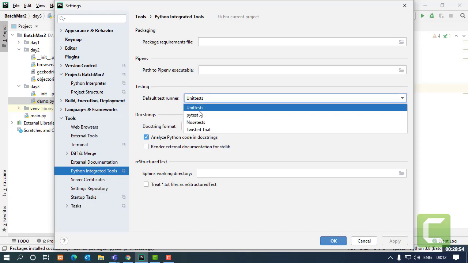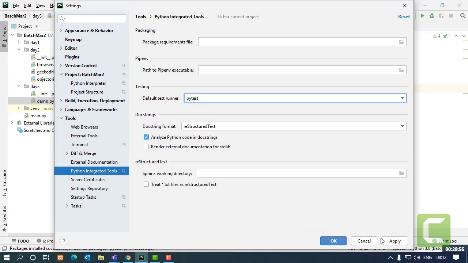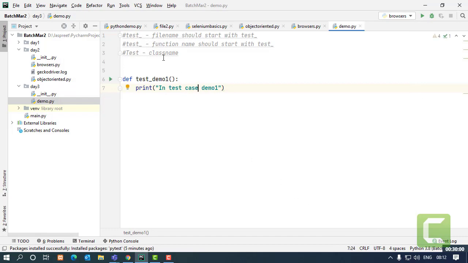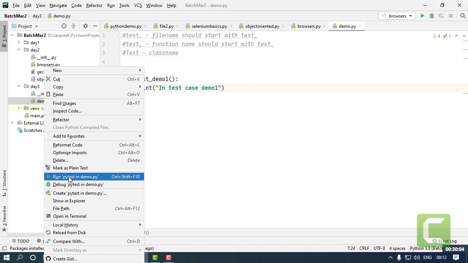You have to change it to PyTest, which we are using. Click on Apply and OK. Now if I right click over here, you can see different information is given along with the run keyword. It is pytest in demo py. That means this file is now going to run as a test file.